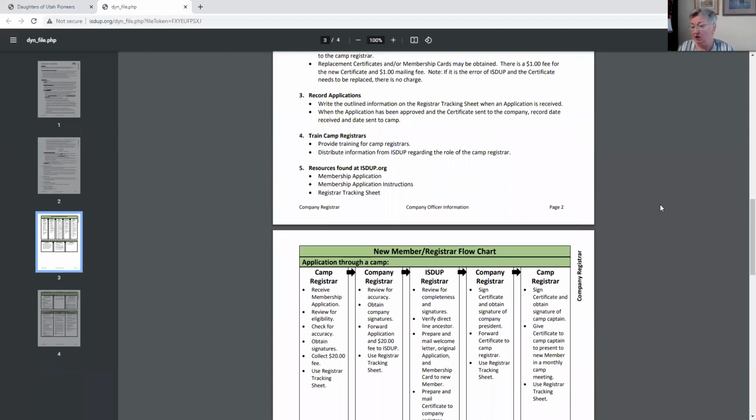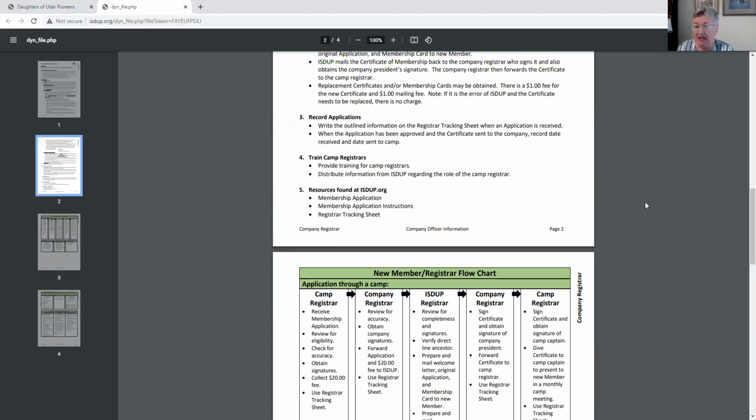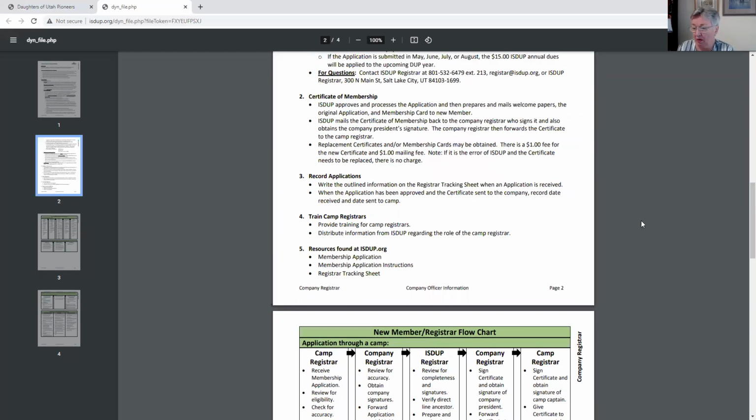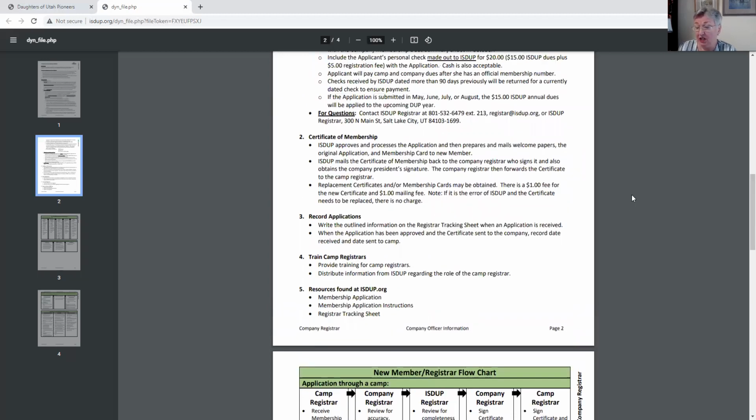So that's a good thing to look at. One thing that I have noted and will ask, please do not use tape or staples in sending in a check or the papers. They do not need to be stapled when they are in an envelope. And also, for your information, an applicant can check if they are eligible for DUP.